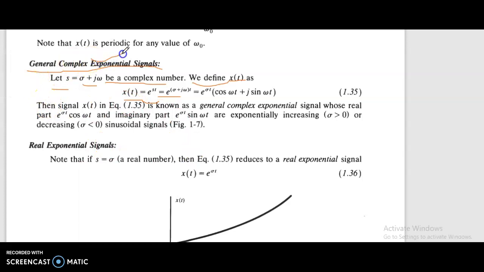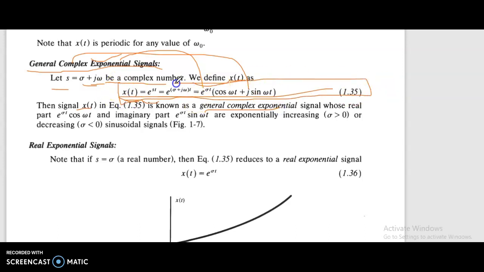Then the signal x of t in equation 1.35 is known as the general complex exponential signal, whose real part